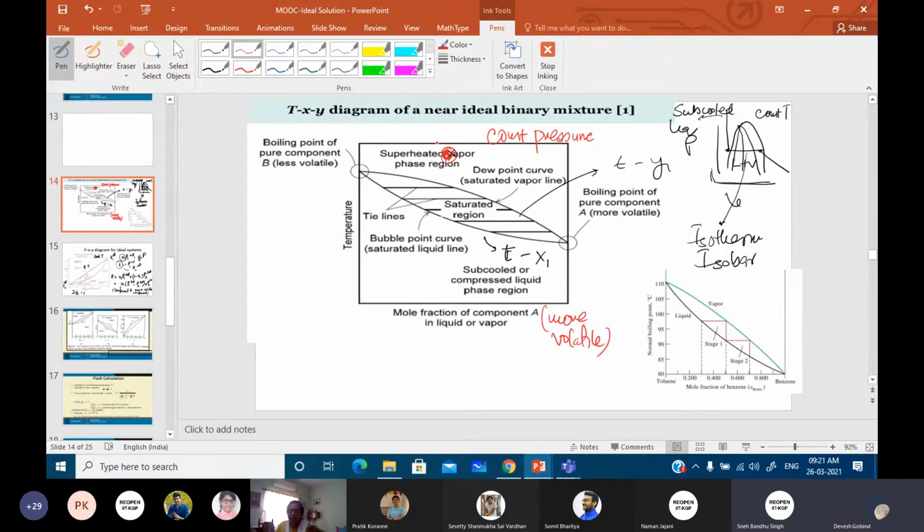Superheated. What will be the state of the binary mixture under this condition at this high temperature? Superheated vapor. Only one voice is not something very good. I would like others to respond. These are very simple things, so I do not think you should have any problems. So I would request others to respond as well. We are having a superheated vapor.